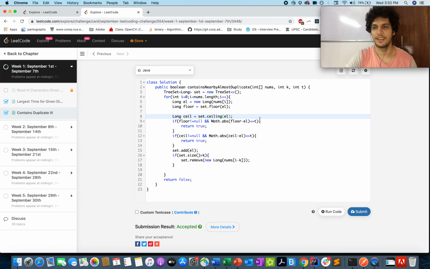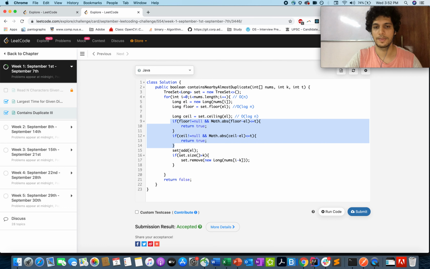and it passed. Let me explain how the constraints are working here and what the time complexity is. So this is a simple tree set declaration. You iterate through the array, so this for loop will cause n iterations. You find the floor value, which will be order of log n, because we are finding the immediate lower one. This is order of log n again for finding the immediate higher one, and you check for the difference, and if it is less than or equal to t, you found your answer.